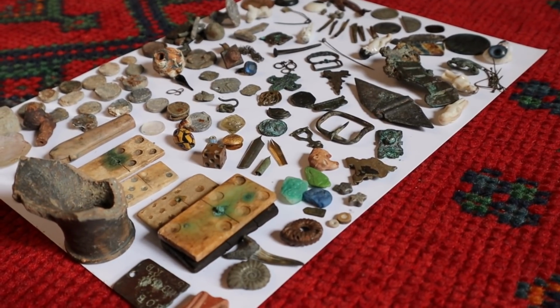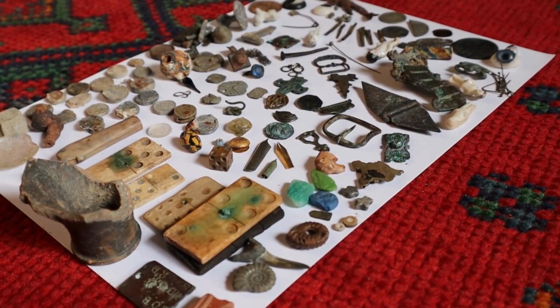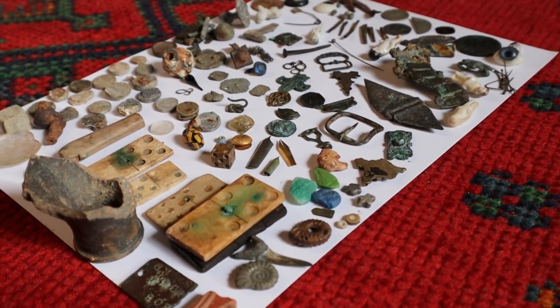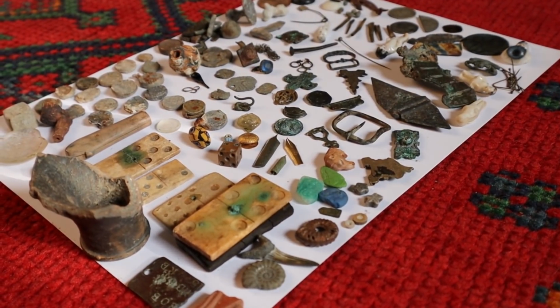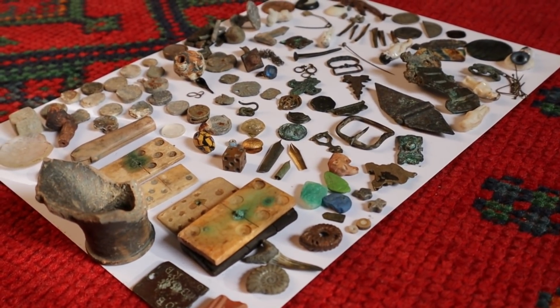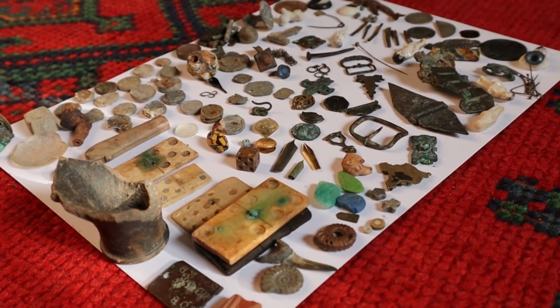Today we're going to do something a little bit different. Instead of crafting, we're going to make a miniature museum, because we find lots of very small things and don't really know where to put them sometimes. They just sit in a box, which is a bit sad. So we're going to make a miniature museum out of this box